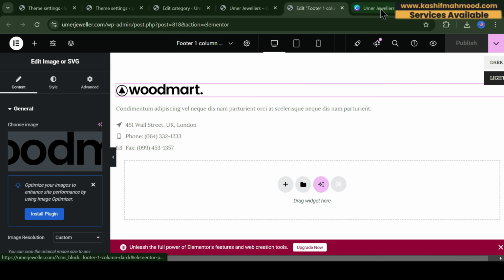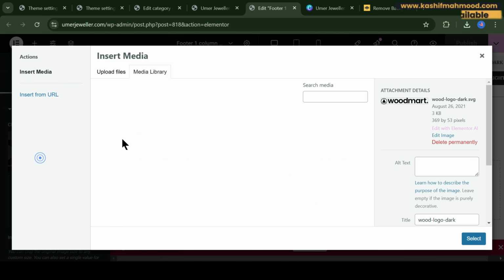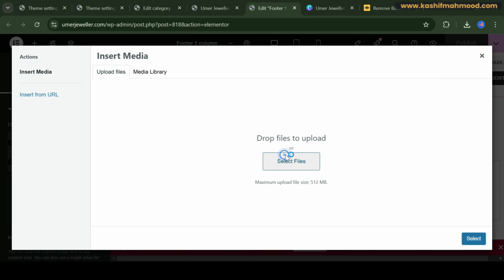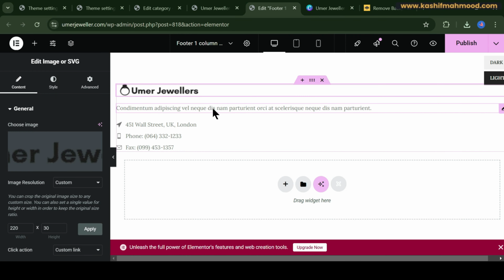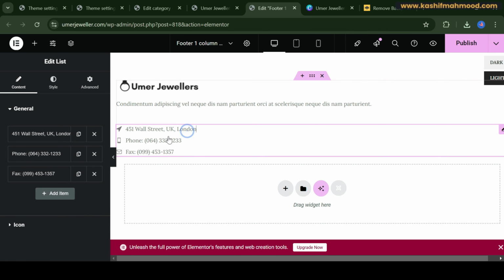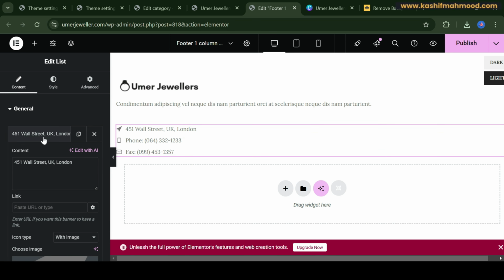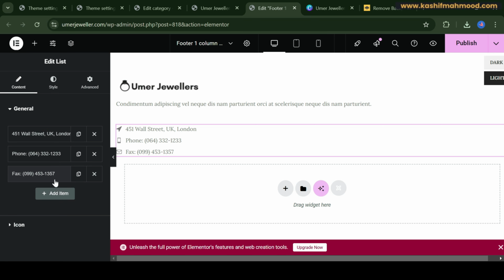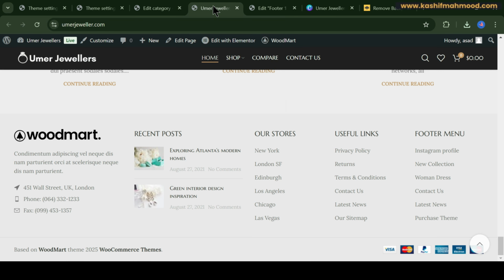So now go to the website, and here we can upload the new logo, and here we can add a description of the store that currently I'm not adding. You can just update it over here, and here you can see the address, phone number, and fax. You can update it or remove it if you want. So just click on publish, and now let's go back to the store, click refresh, and here you can see